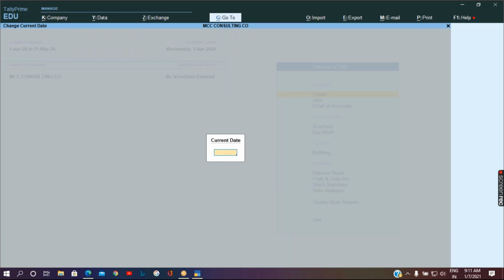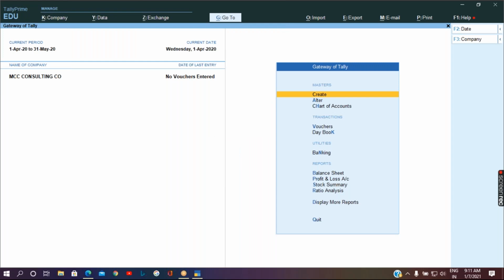Okay, so you should be able to change it. This F2 and Alt F2 will be used while passing the transactions or while checking the report. So the shortcut key will remain the same in these date-related options, whereas the other types of shortcut keys will change from screen to screen.